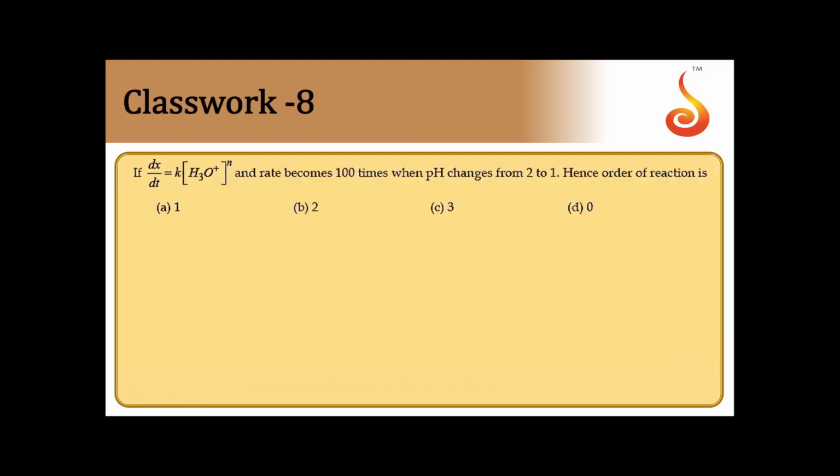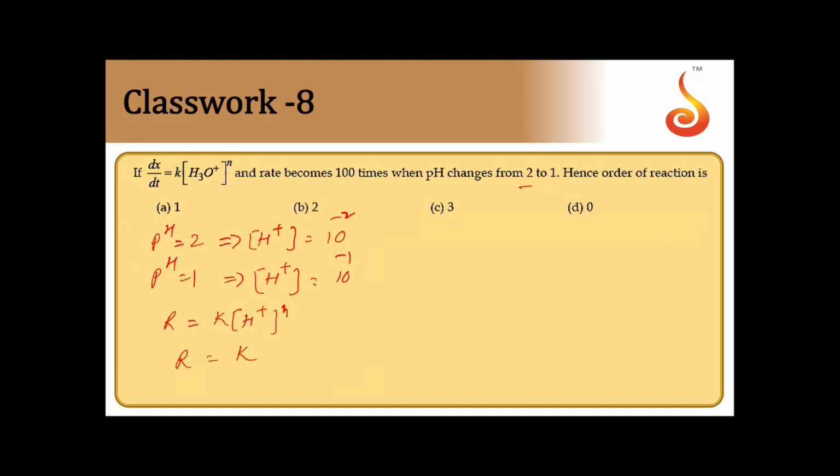Now let us take the pH values 2 and 1 that are given to us. So pH is equal to 2. This implies H plus must be equal to 10 to the power of minus 2. And then pH is equal to 1. This implies H plus is equal to 10 to the power of minus 1. Now rate is equal to rate constant K into H plus to the power of n, where n is the order of reaction. Let us take the first case where pH is equal to 2. So R is equal to rate constant K into